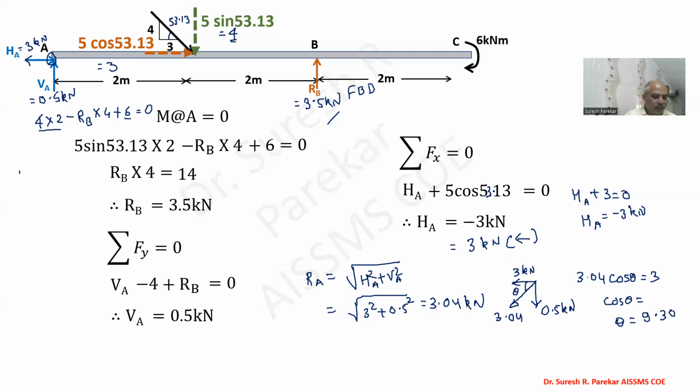And if we find, this will be 0.986. Or you can have 3.04 sin theta equal to 0.5. And from this also we will get 0.5 upon 3.04, shift sine inverse. Also we will have 9.4. So a little bit of difference you will get here for theta, because the decimals play an important role, as the value of